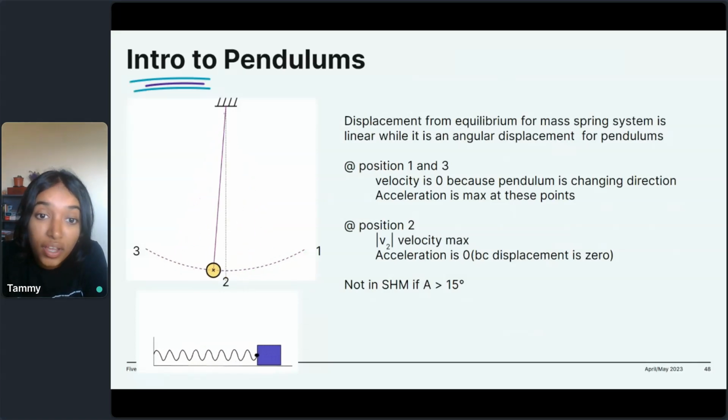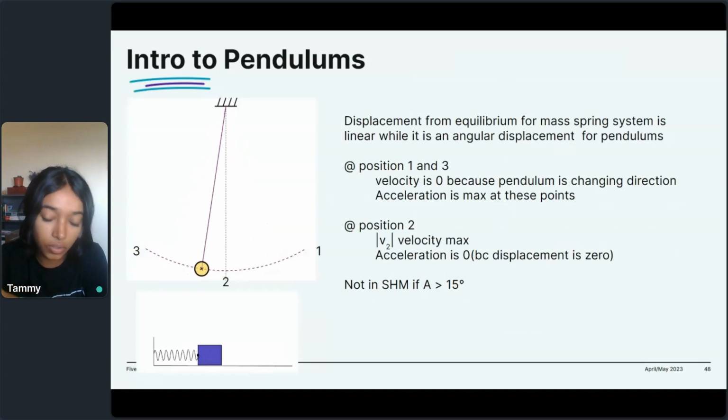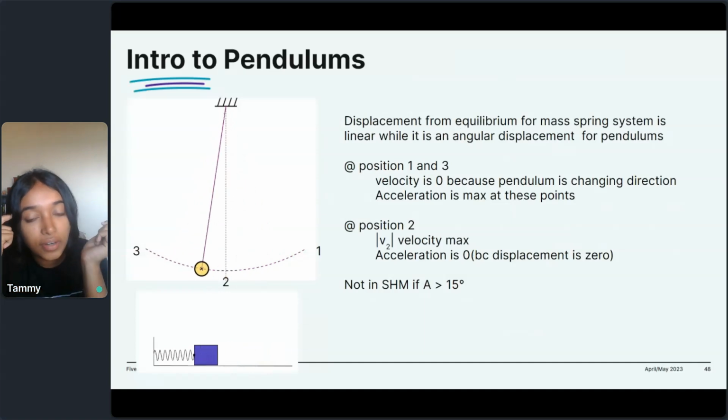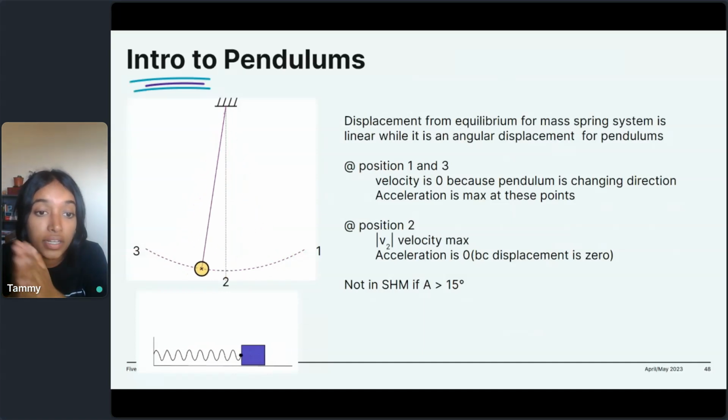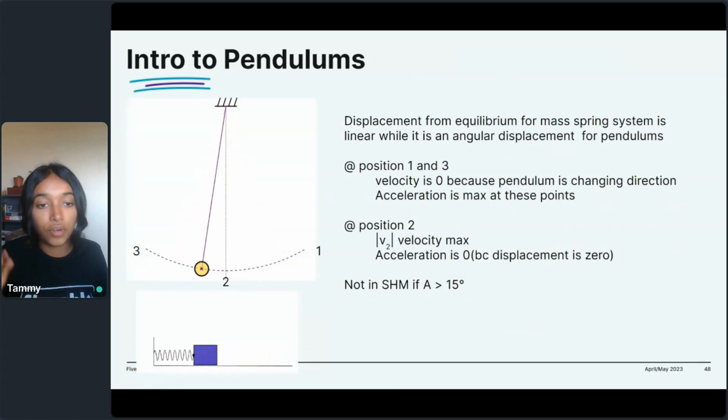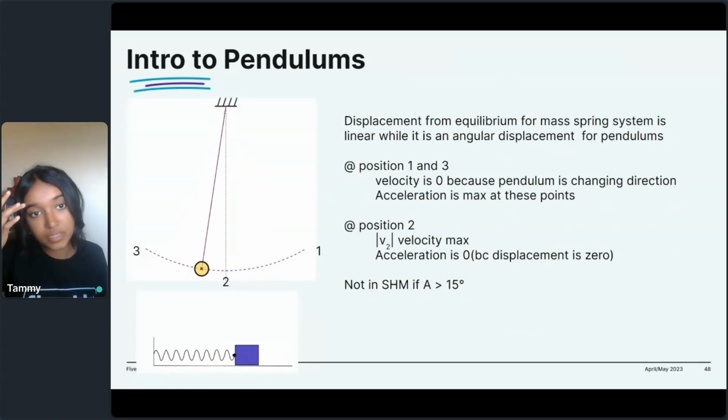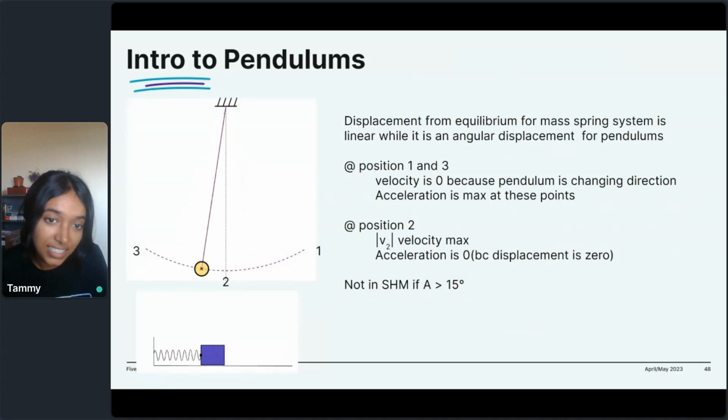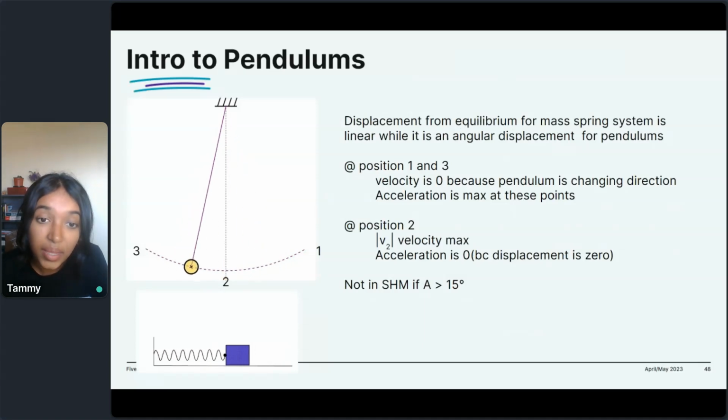So at positions 1 and 3, velocity is 0 because the pendulum is changing direction. These are things that make total sense. You can think about it and you'll get the answer, but it's nice if you can just keep it in your head. So at positions 1 and 3, which are the ends for both mass spring systems as well as pendulums, velocity is 0, and acceleration is maximum at this point. It's also called amplitude. At position 2, that is our equilibrium position, velocity is the max there,